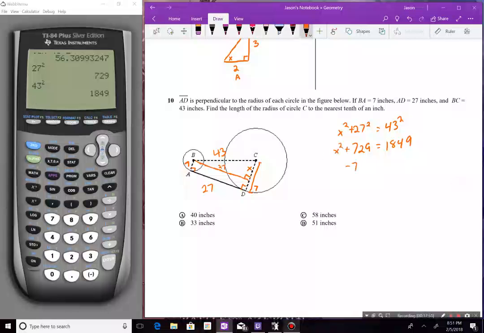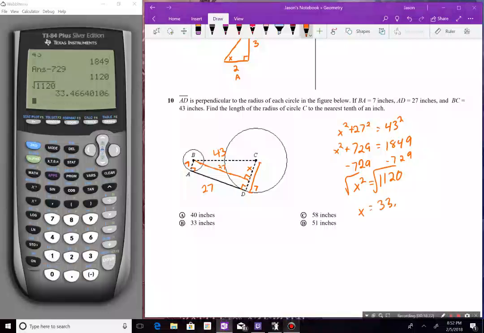We subtract 729, and that gives us 1120 equals x squared. But we don't want x squared, we want x, so we square root this. So second, square root 1120, and that gives us x equals